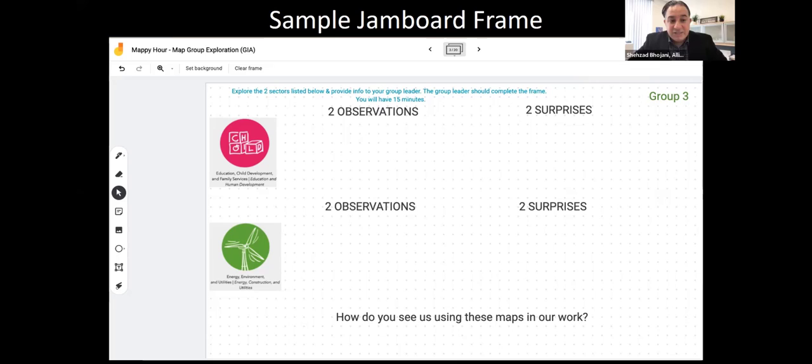And what we've done is we've pre-assigned a couple of sectors on the left here. What we want you to do as a group is to observe the map and make a few observations and see what surprises you. So a couple of observations, a couple of surprises, and have some discussions in your group about how you see using these maps in your work going forward. You're going to have about 15 minutes. So you won't be able to dig too deep in those reports that Michael was sharing, but at least we'll give you a chance to play around and have some fun with it. So with that, thank